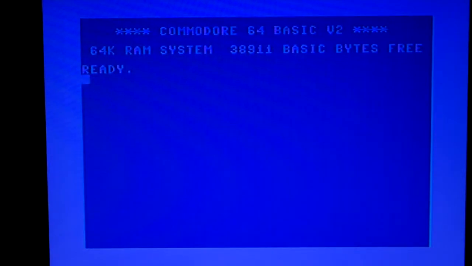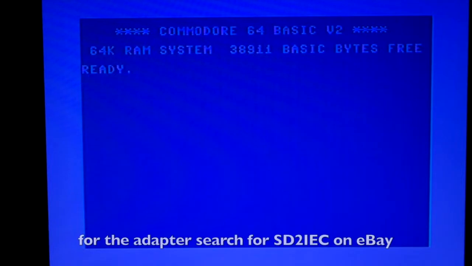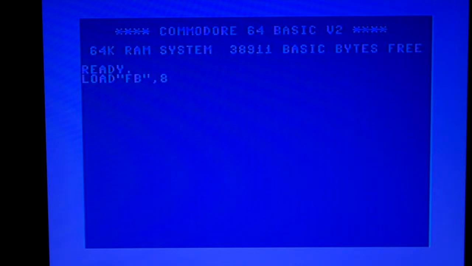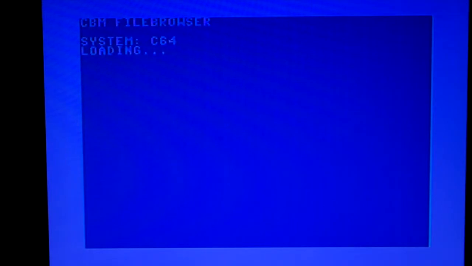Okay, so over to the Commodore now. The first thing that we need to do on the Commodore is load the terminal software that we're talking about. So using the SD card adapter, you need to type load quote FB, which is our file browser, comma 8, and run. This just takes a little while,